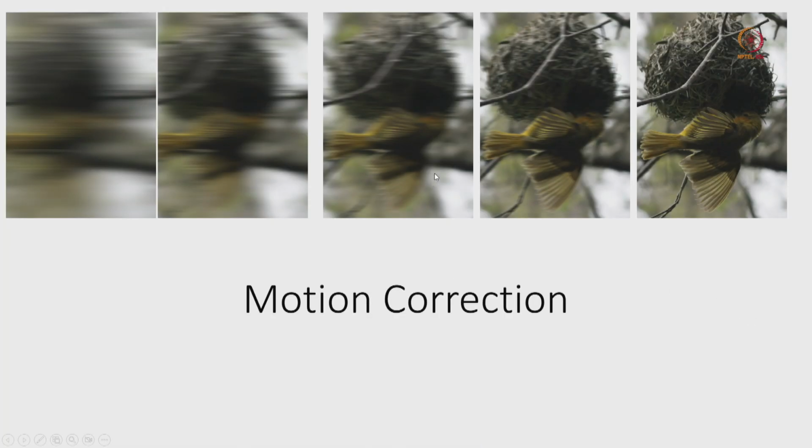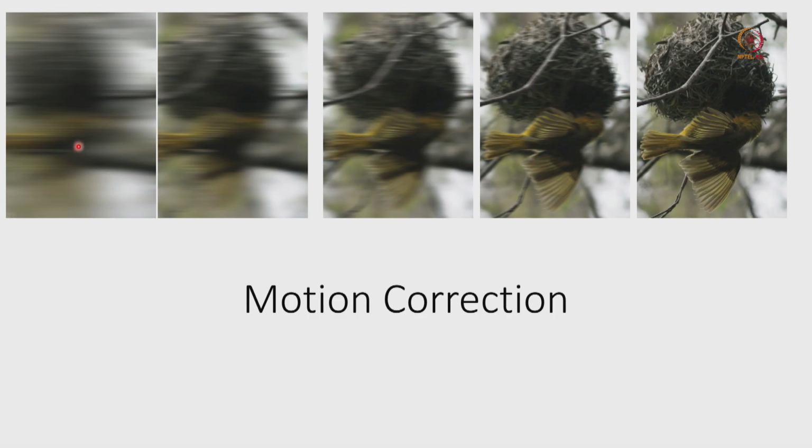If you look at my slide here, pay attention to the first image. You cannot see anything, it looks very blurred. But if you go gradually, you can see there is some object trying to find something, and it looks like some kind of garbage because the image is not very clear. But if you slowly go to the third, fourth and fifth image, you can see that basically this is a nest and this is a bird, and it is trying to go inside that nest.